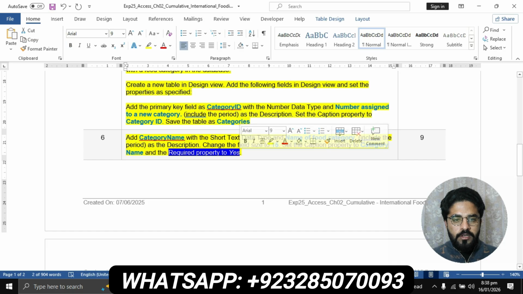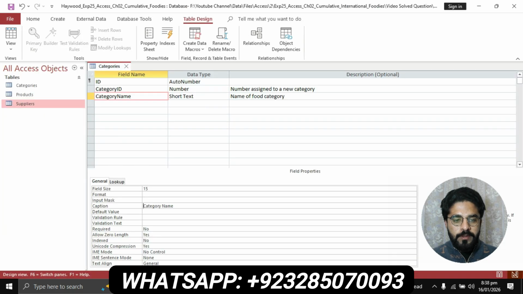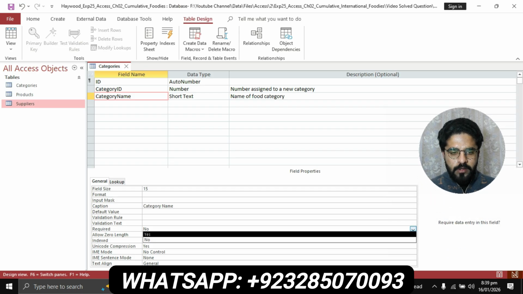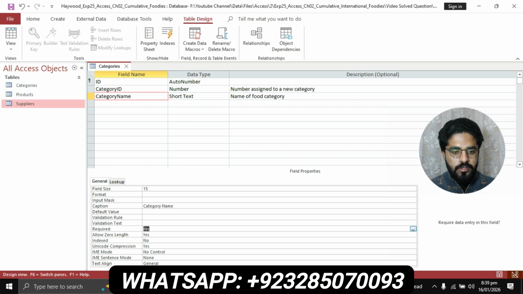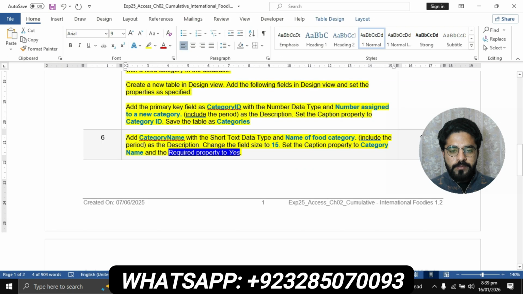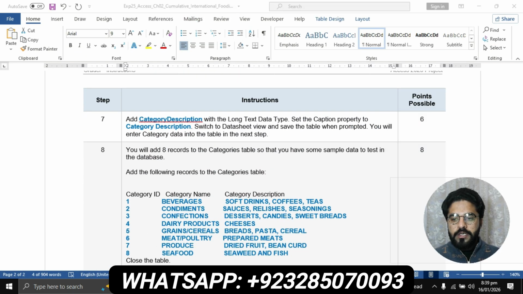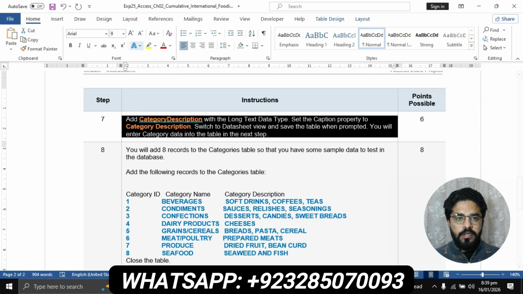The last part is required property to yes. There is a required property, as you can see that. Then click on this drop down, and click on yes button. Question number 6 is completed. Now we will move to question number 7. Question number 7 is